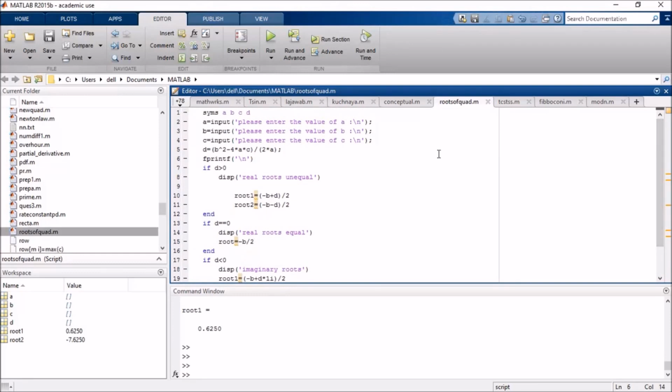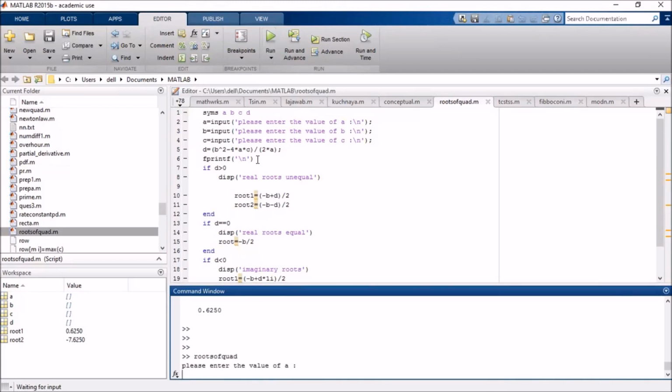Firstly, if you want to run any program on MATLAB, you have to click on this run button, or you can press F5. Once I press run, in the command window it is asking please enter the value of a.